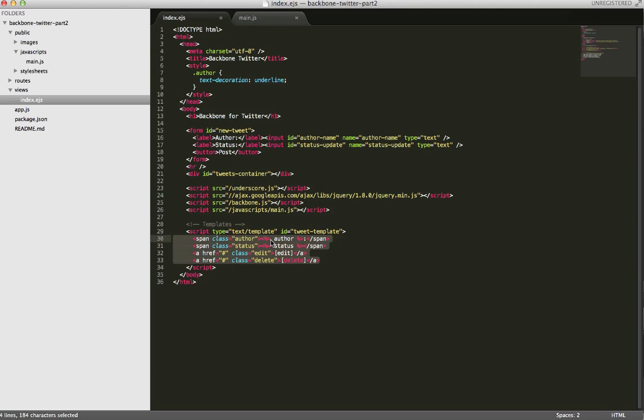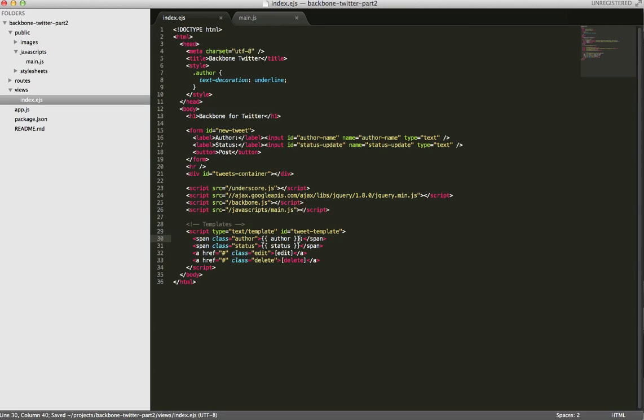The next thing we will need to do is change the way we render our client-side templates so it doesn't interfere with the way that EJS interprets the templates, because EJS uses the same delimiters as our client-side templating. So we need to use different delimiters for client-side templating so it doesn't conflict. We're going to change these to use double curly brackets like so. Okay, and these ones,